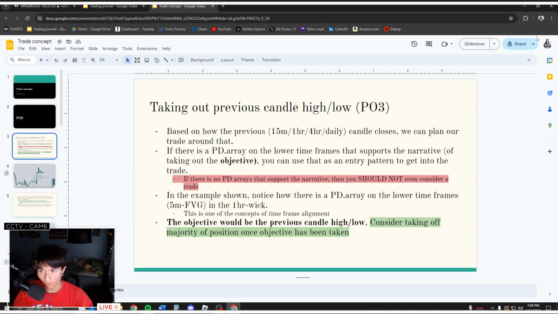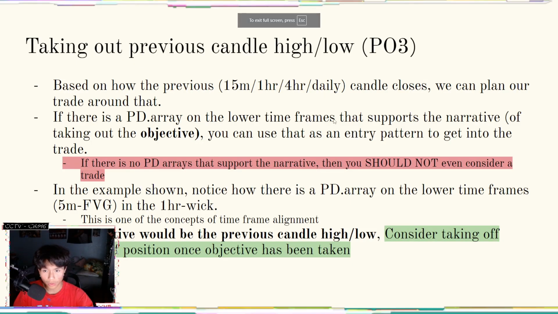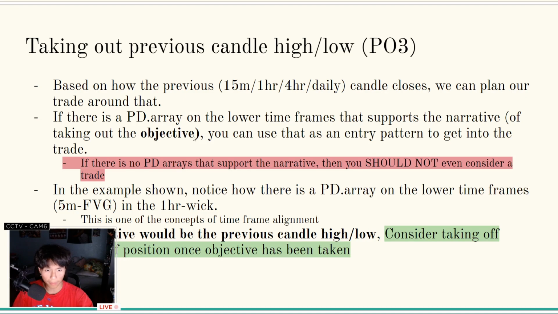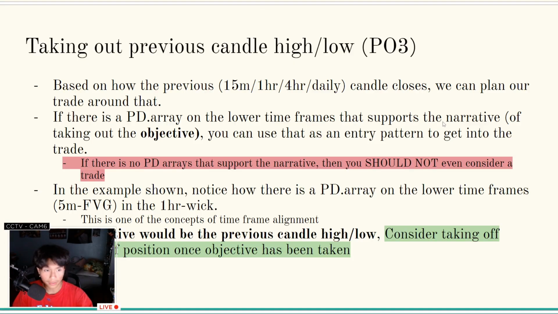And like I said before, if there is a PD array on the lower time frames that supports the narrative of taking out the objective, you can use that as an entry pattern to get into the trade. Basically, what I mean by that is,